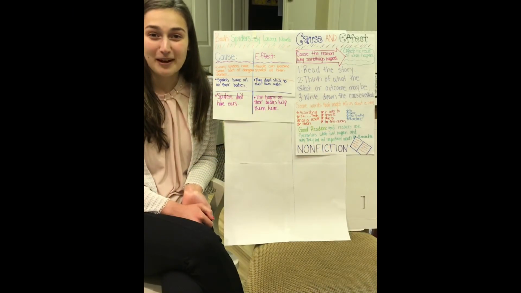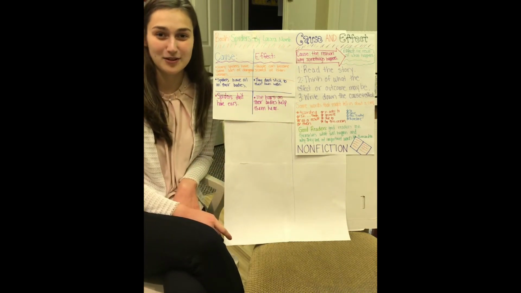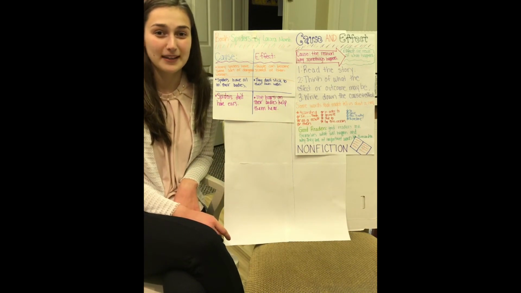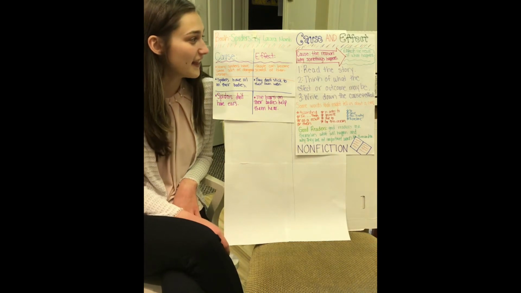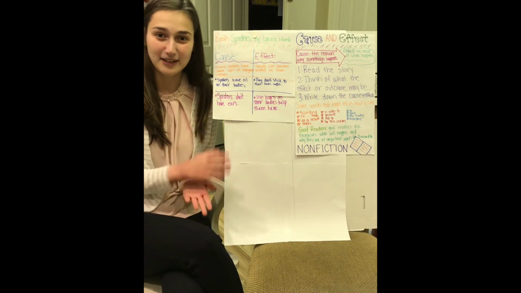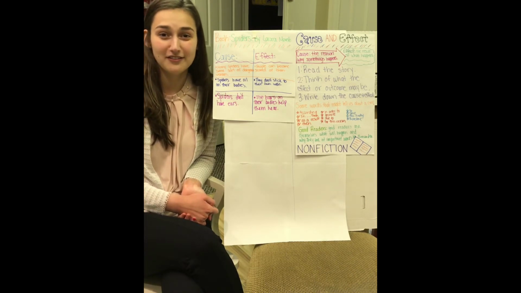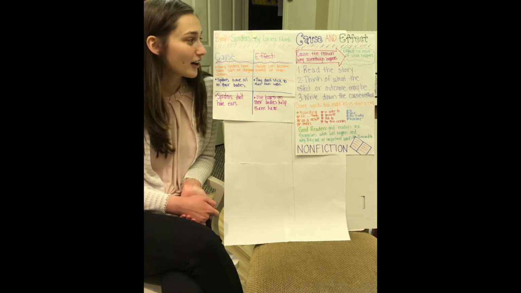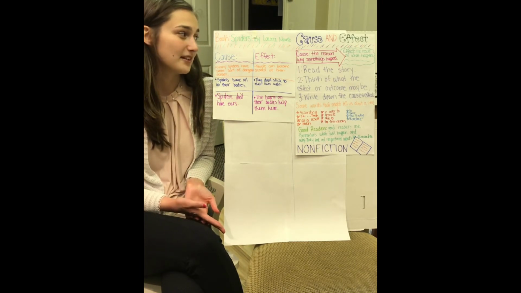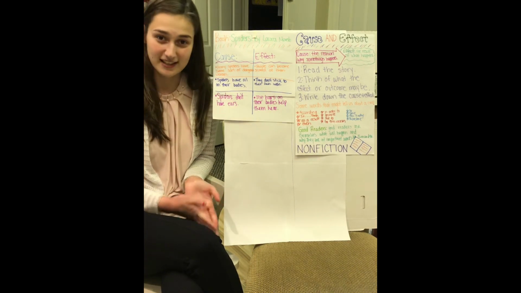Okay, so now that we reviewed cause and effect, does anyone know what cause is? Cause is the reason why something happens. So it might be a statement, or it might be a situation, and then the effect is the result of what happened. So maybe our cause is Sally went outside in the rain, and the effect is that she's all wet. Or Bobby ate too much food, so the effect is that he has a bellyache. So our cause is the reason why something happened. Bobby ate too much, and now the effect is the result. So now he has a bellyache because he ate too much.